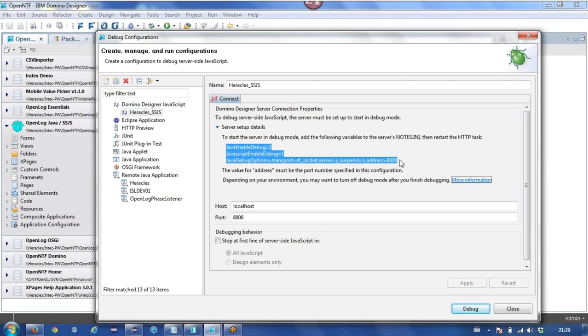So you want to be debugging what you actually want to be debugging. So you don't want to be sharing that server with someone else. If you're debugging against the server, then you really want to be running a local server.